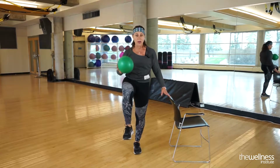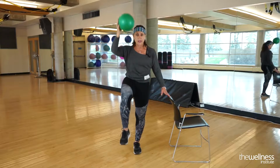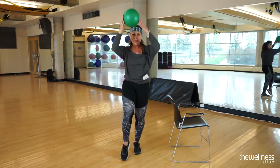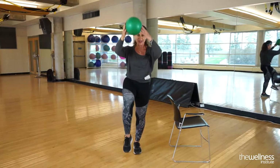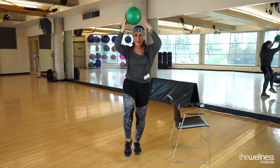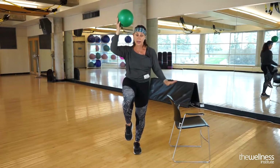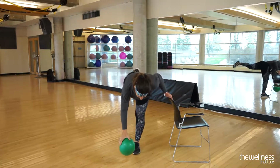So now I'm going to hold the ball up, and I'm going to bring the knee up as the ball comes down. Again, make it a little more challenging. You can tell I haven't worked my balance a lot during this time, so this is good. 3, and 2, and 1. Now I'm going to hold it up here. I'm going to lean forward, and again, if I need a little bit more balance or a support, I am going to